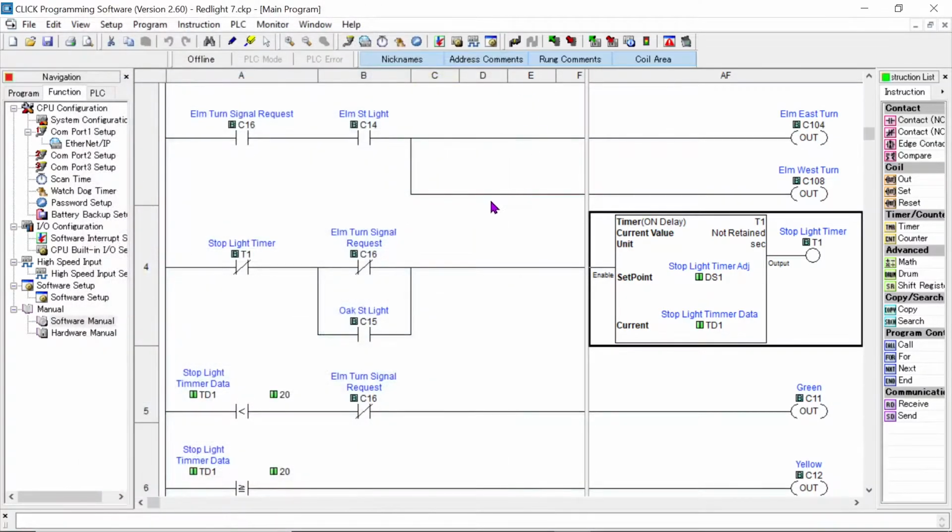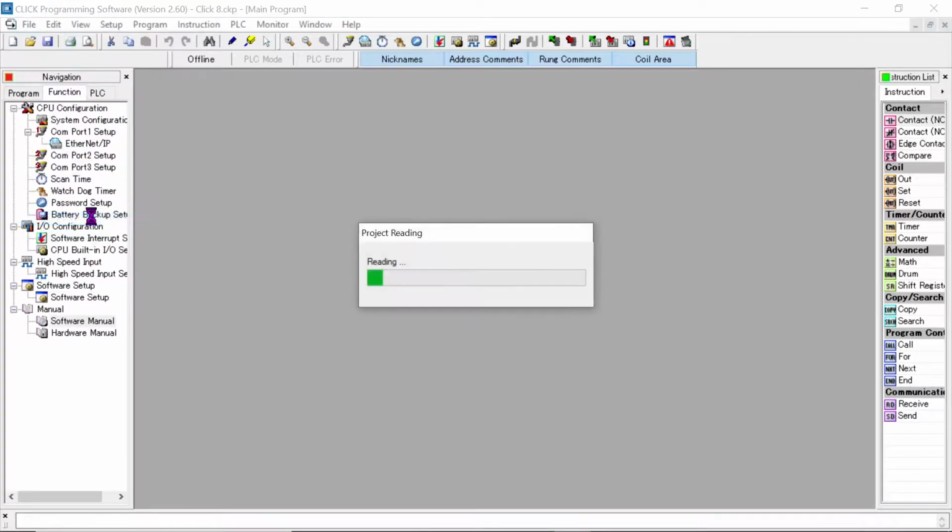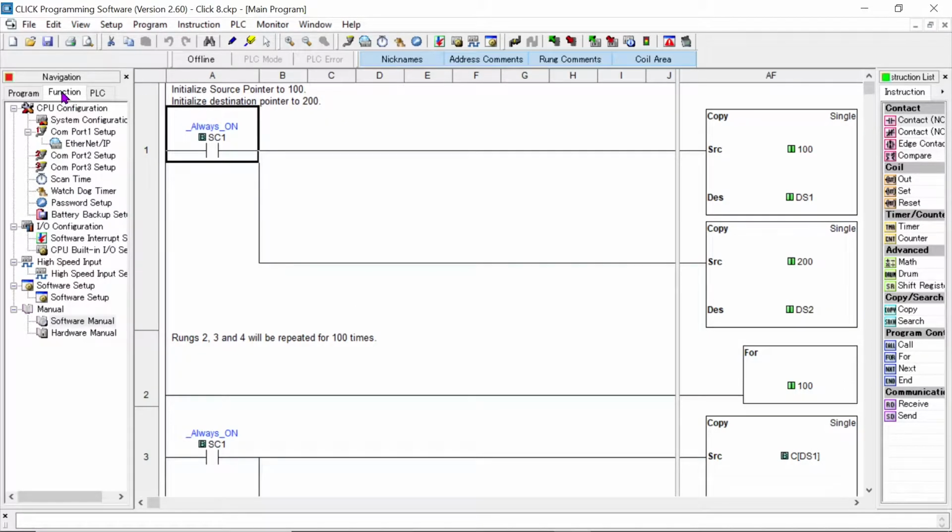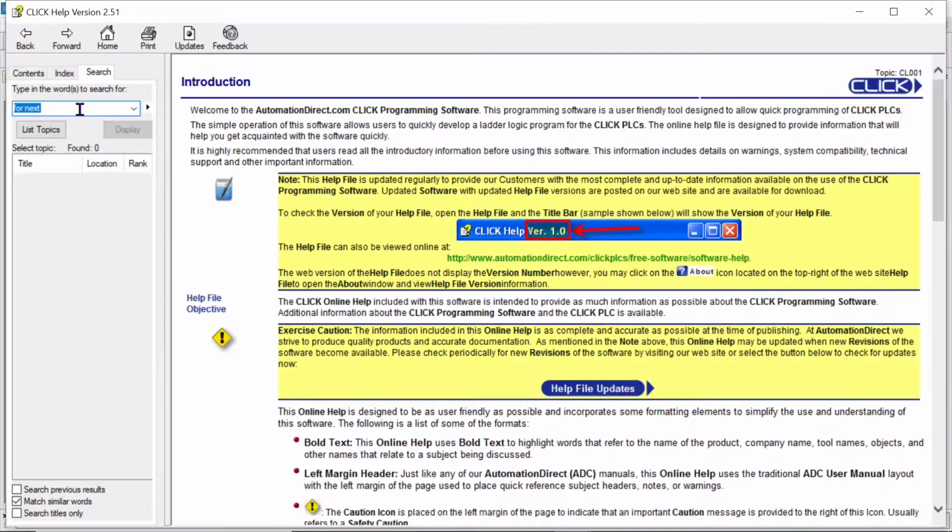So I want to take it to the next level. I want to take it to pointer addressing, or indexed addressing, or indirect addressing, whatever you want to call it from your background. But with the CLICK PLC, they call it pointer addressing. So I'm going to change to a project that I was just starting to do, and I'm going to go to the function tab, go down to the software manual, and put in pointer